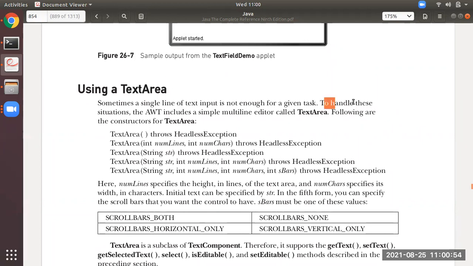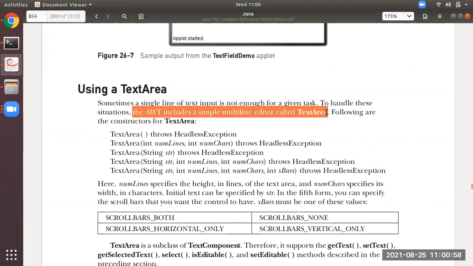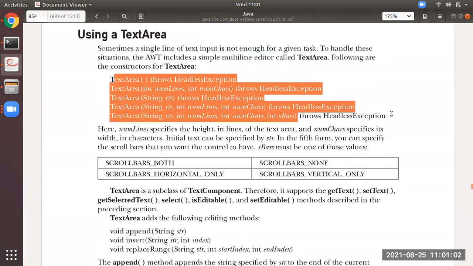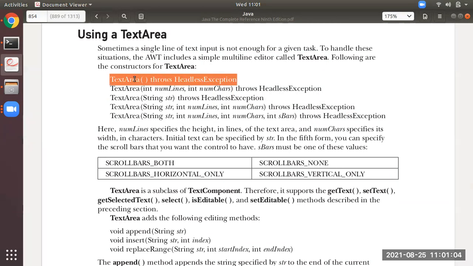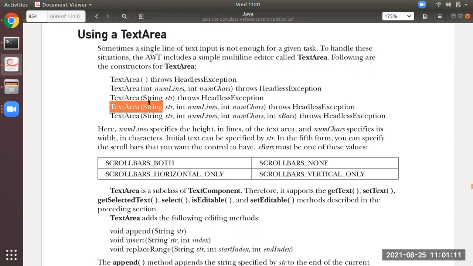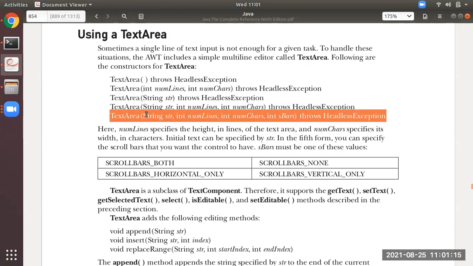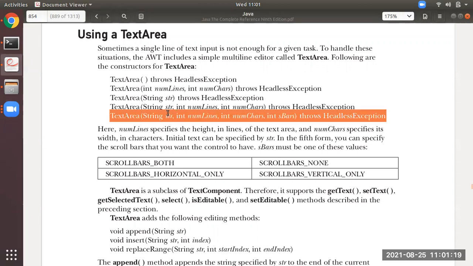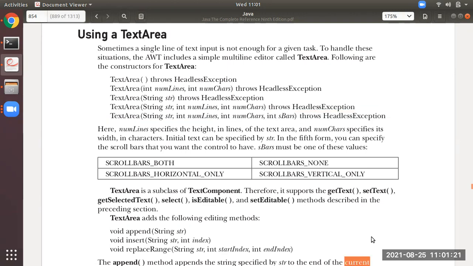So to handle these situations, the AWT includes a simple multi-line editor which is called TextArea. These are the constructors: without parameters, and the rest with parameters. numLines, numChars, then the third one only string, then the fourth one with string, numLines, numChars, and the last one with string, numLines, numChars, and scrollbars.